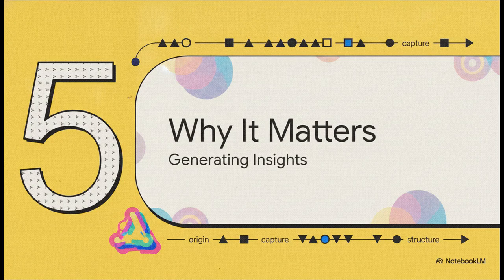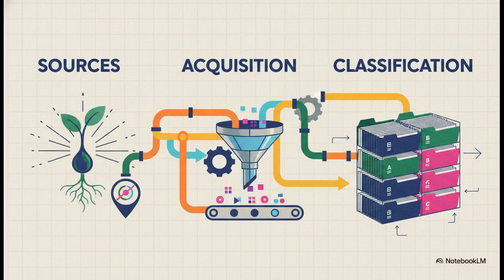And that brings us to part 5, why the triad matters. The crucial takeaway here is that you literally cannot skip any step of this architectural build if you want your information to actually hold up under scrutiny. Sources provide the origin, acquisition defines the exact gathering method, and classification structures the data for interpretation. They have to work together in total harmony.